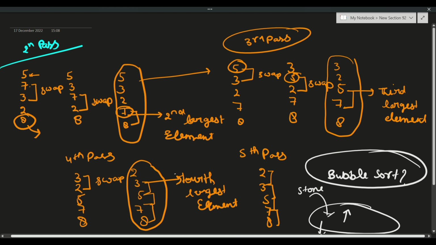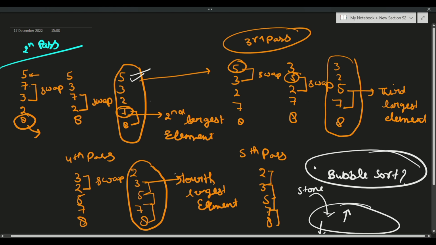Okay, so that is why we call it bubble sort, because if your stone is greater or heavier, then it goes to the bottom of that pond, and the same is for that array. If your array element is greater, then it will go to the end of that array. And if your array element is smallest, then it comes upward, यानी फर्स्ट पॉइंट पे वो पर्टिकुलर एलिमेंट आ रहा होगा. So that's the basic logic why we call it bubble sort.